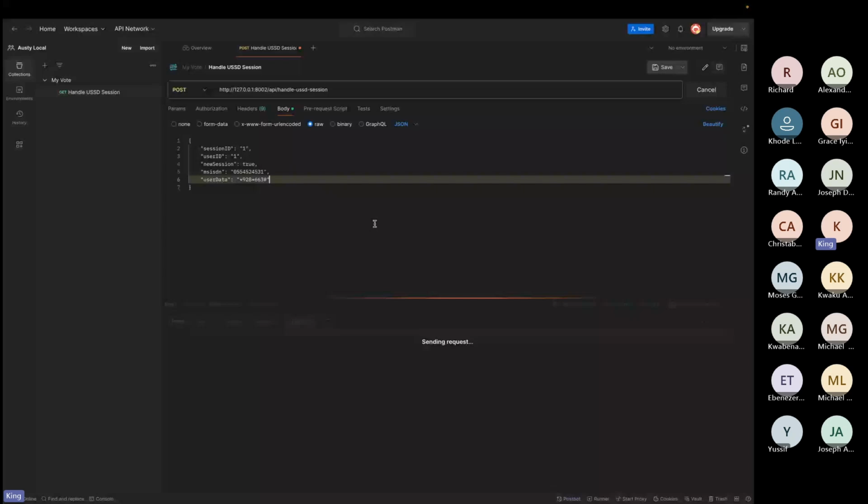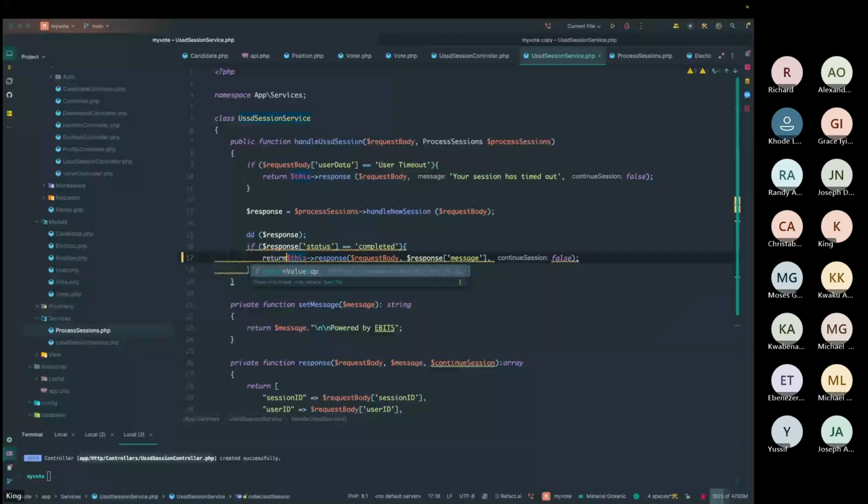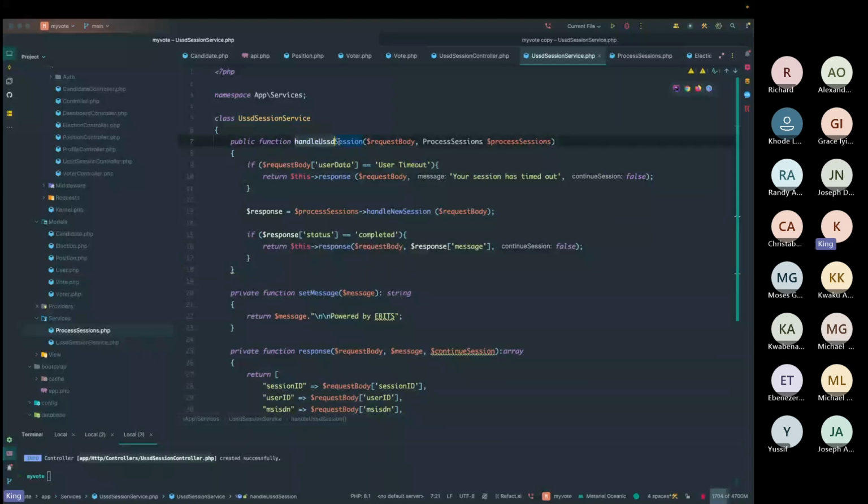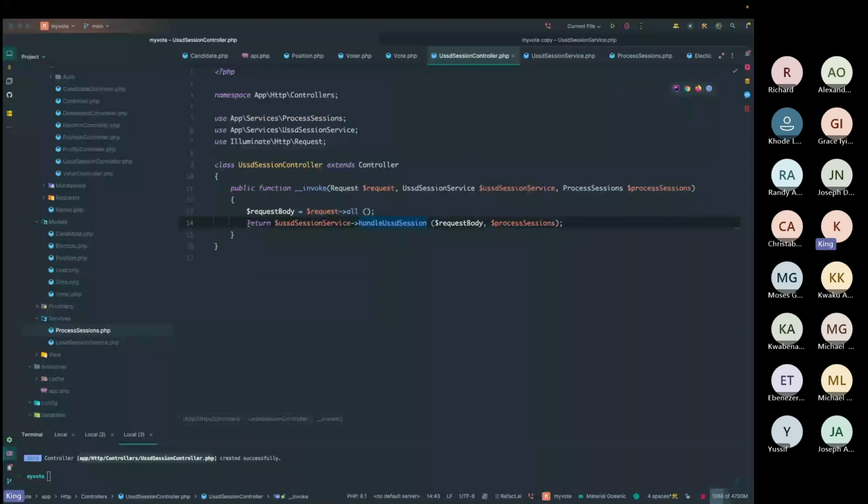Okay, so completed and message, and then response. Return. We need to return it. And returning it from this handle USSD session means that it will come here, which is getting returned from handle USSD session. So now we have it,